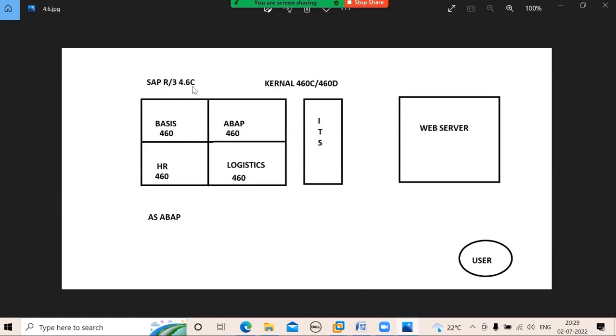R3 4.6C is only application server, means if you install this software you can do the business by using this software. Why? You have Basis, ABAP, HR and logistics. In the year of 1998-99, that period, the SAP ERP version is R3 4.6C.